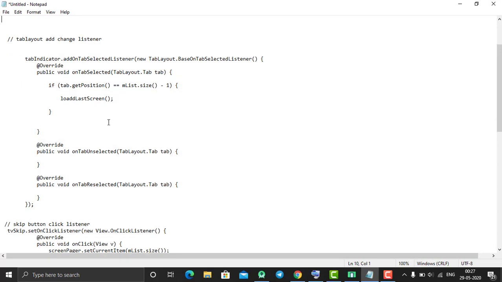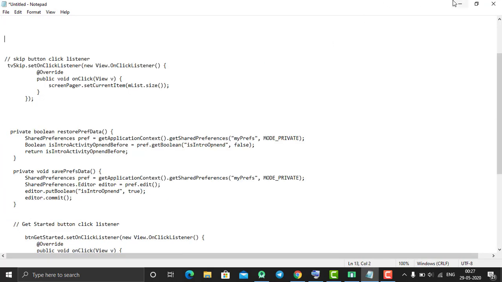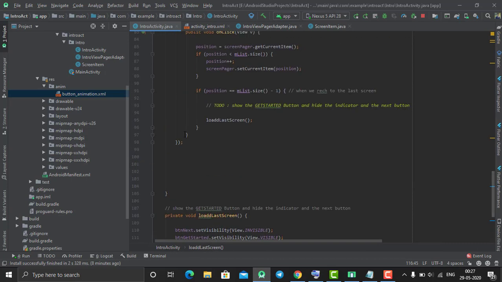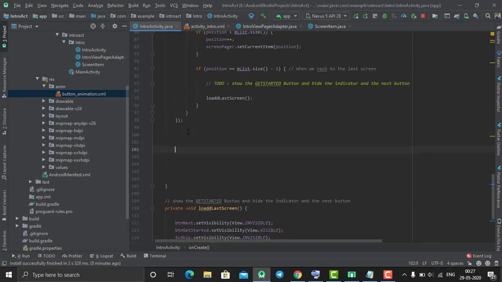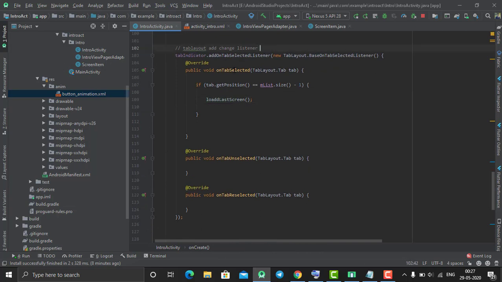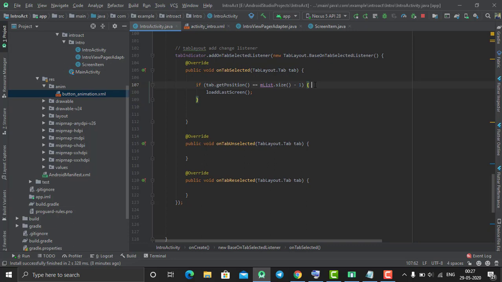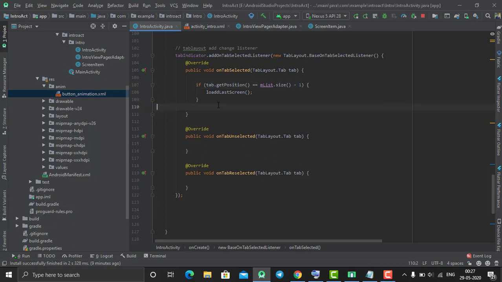So our next step is to control our view pager using the tab layout, tab indicator, sorry. For that just paste this code here, and it will add the functionality to our tab indicator to control our view pager, right? On click of those tab indicator dots, we can also navigate, meaning control, the view pager.